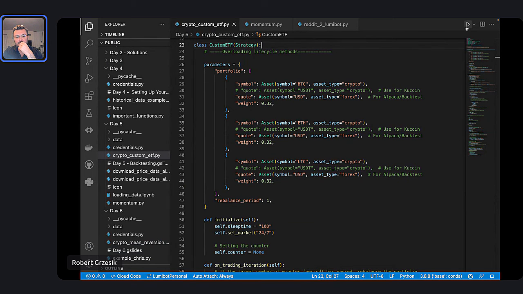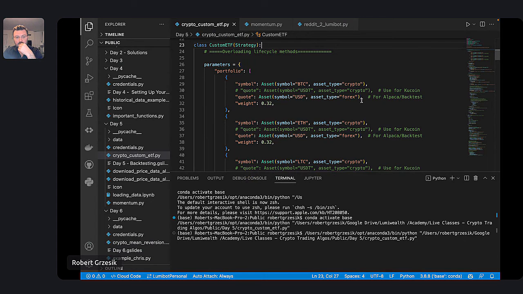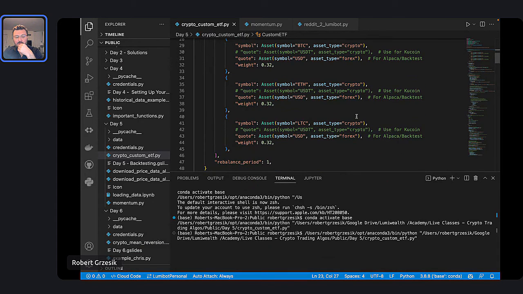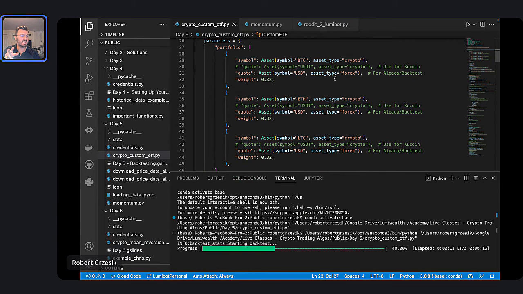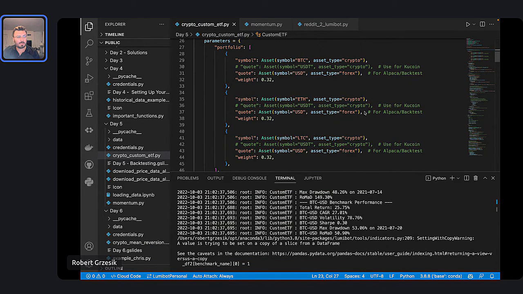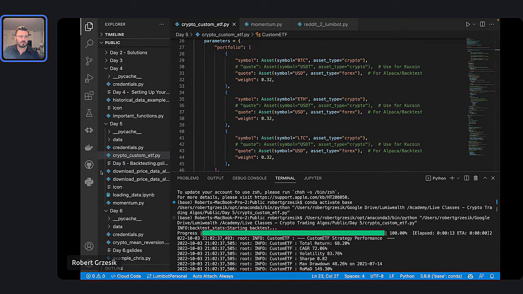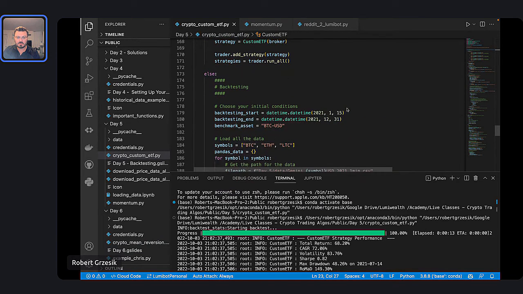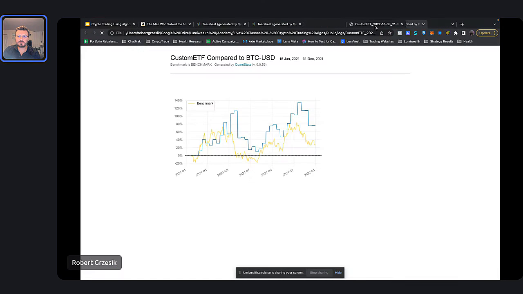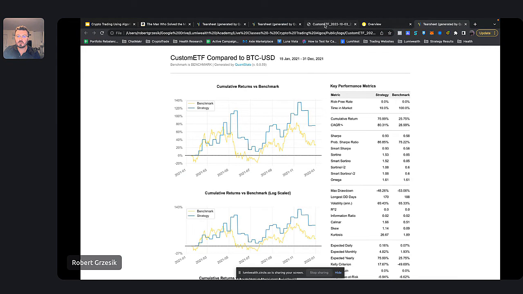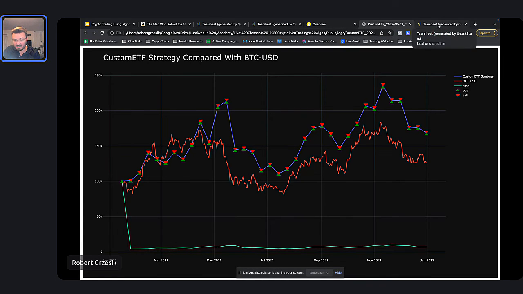Let's run this thing here. Basically, it's not just investing into all 3 of these coins and then just holding them until the end, right? What it's doing is automatically rebalancing. Here's the result of this. This is 1 year. It's popped up another screen. There we go. So this is basically what this algorithm did.